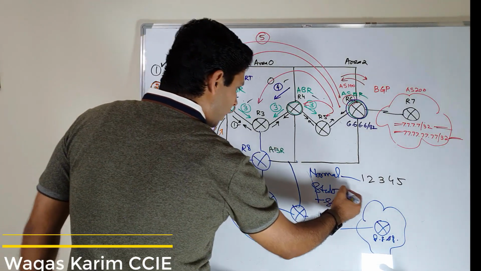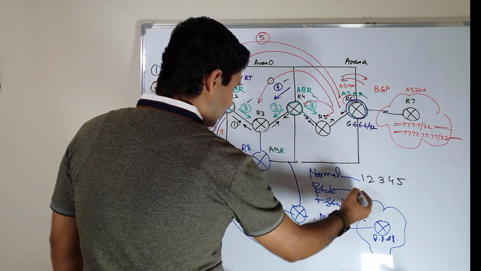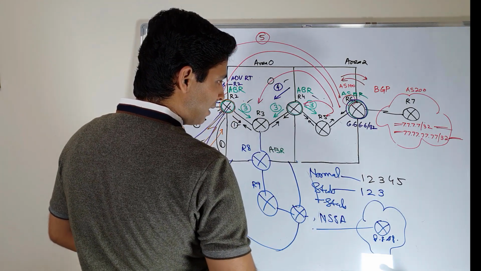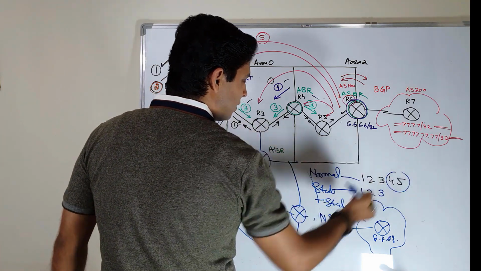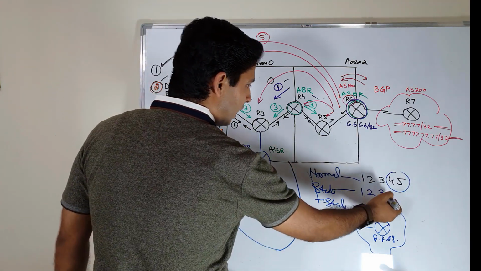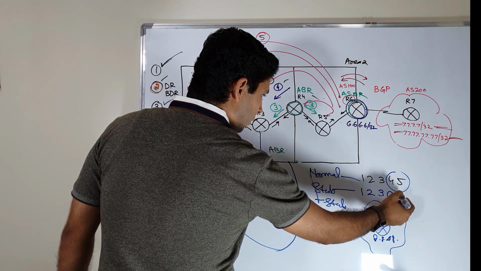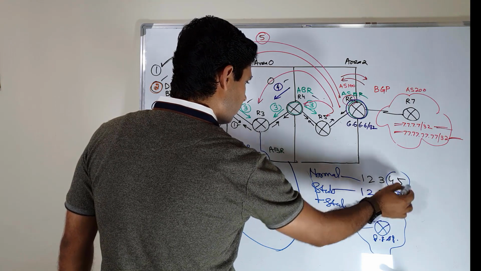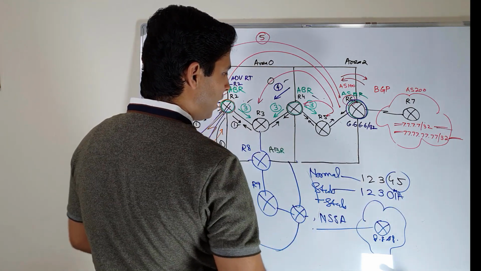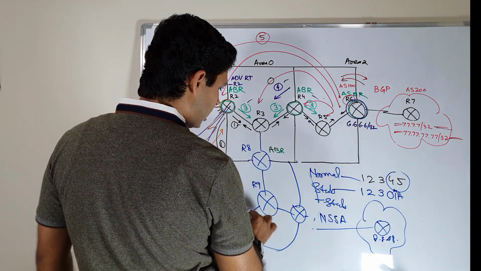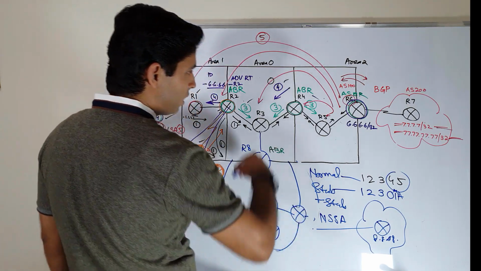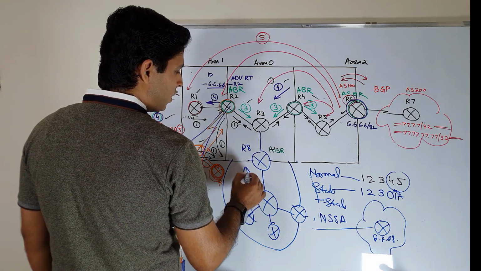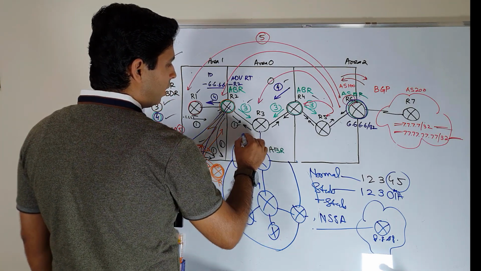Inside the stub area, we have different types of LSAs, and it is LSA type 1, 2, 3 only. There is no external LSA and there is no LSA type 4 and 5 both. These two types are replaced by a default route. So any router inside the stub area which has to reach any other destination has only a default route, which it can use to reach the ABR, and after the ABR it will route further.